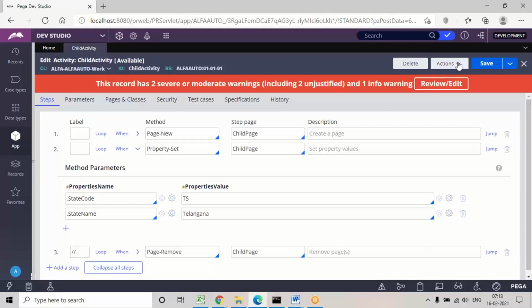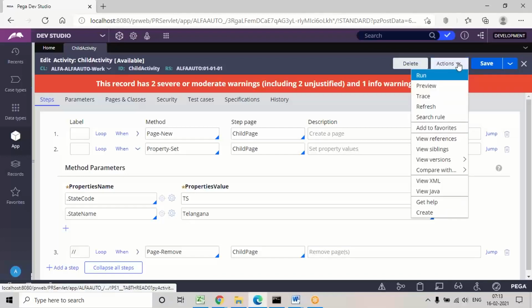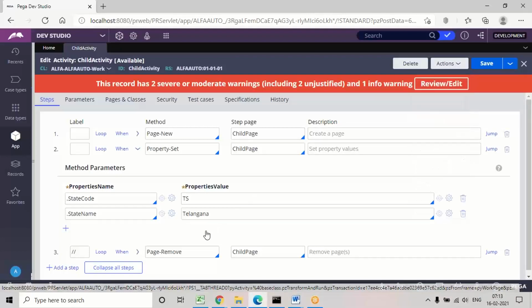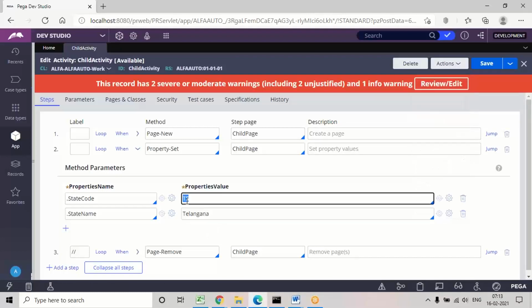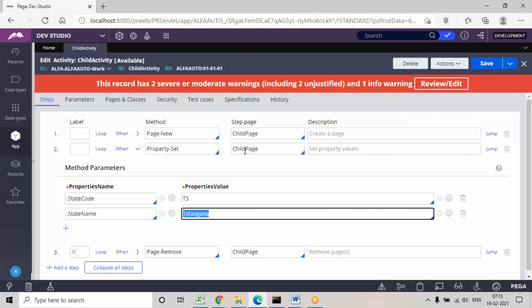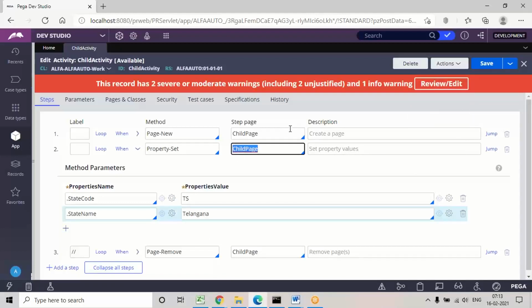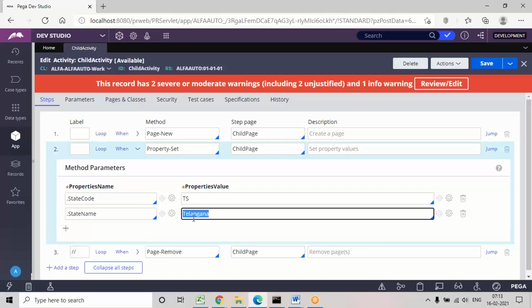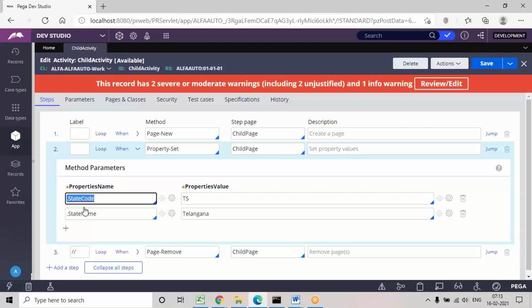Let's see the process. Here we are executing this activity, and we are going to debug using the clipboard. What happens in the background is that these values will be sent to the clipboard under a page called child page. Page New will add the page to the clipboard, and Property Set will assign the values given here to the state code and state name properties.